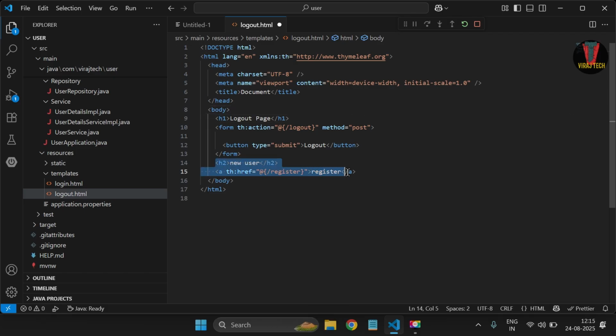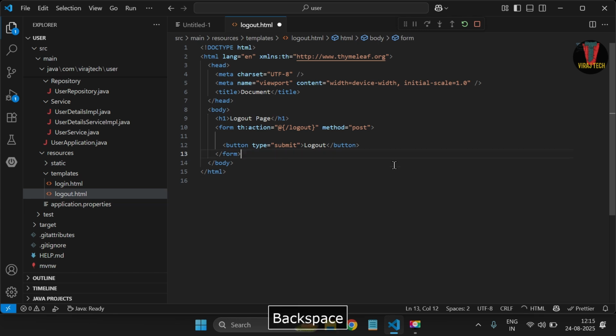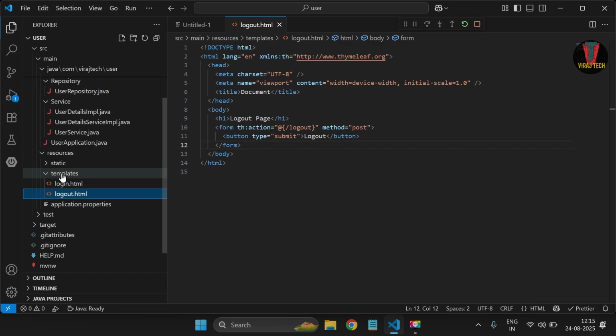Remove this, we don't need it in this. Save, then right click on template, new file,